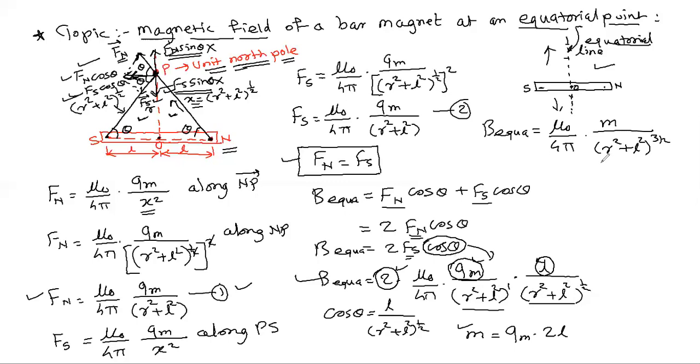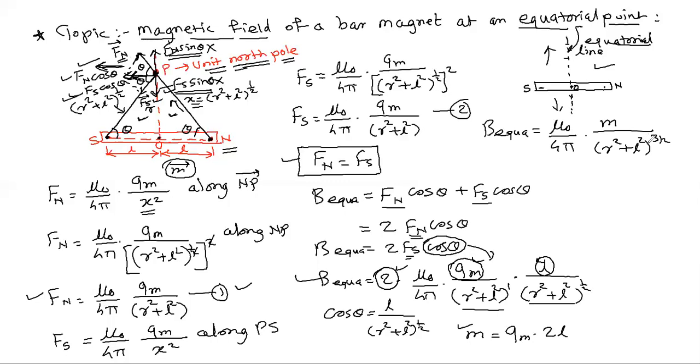Okay. If you want to express it in vector form, then what is the direction here? Direction is in this direction, that is opposite to the dipole moment. Because the direction of the dipole moment is always considered from south to north. So this is the direction of the dipole moment. And here the resultant of these two forces you got in this direction, opposite to the dipole moment. Okay, so we'll write that also here.